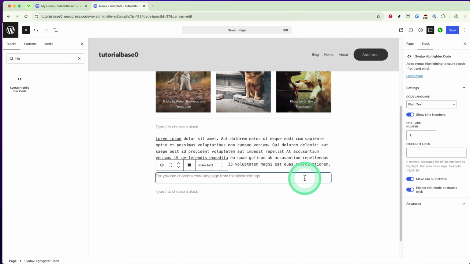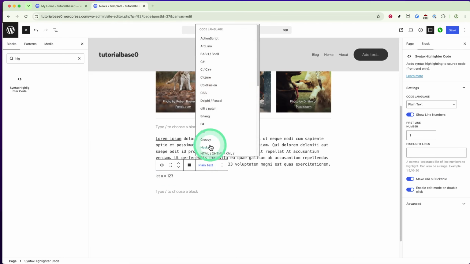Now that the block is added, it's time to include your code. Simply paste or type your code snippet directly into the syntax highlighter code block. The block will automatically format and highlight your code so it looks clean and professional. Finally, don't forget to save or publish your changes to ensure the syntax highlighting is applied to your site. If you're previewing the changes, you'll see how the highlighted code appears to your visitors, giving your site a polished